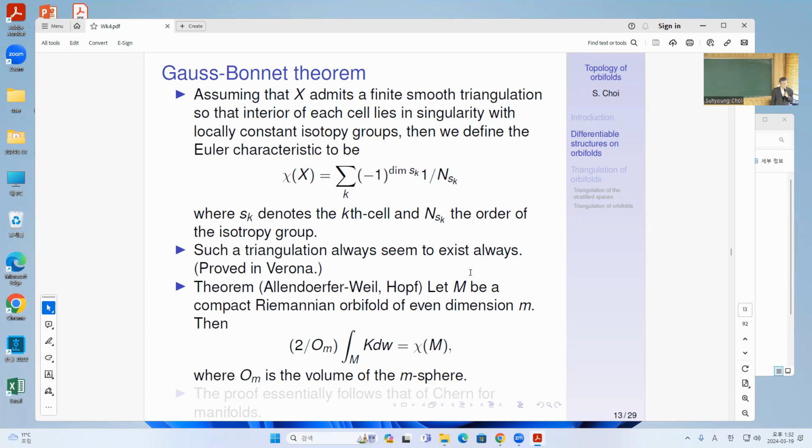So for M a compact Riemannian orbifold of even dimension, you can obtain this formula that the Euler characteristic is some integral of the curvature. So this is a tensor coming from the curvature, right? For dimension 2, it will just be the scalar curvature, but in other dimensions it won't be, right? This just follows from the same proof as Chern's proof for Riemannian manifolds. Okay, so